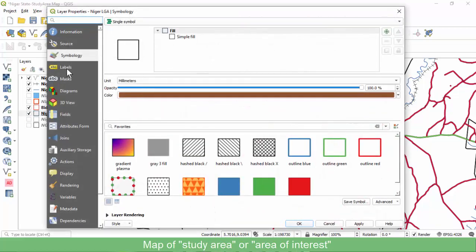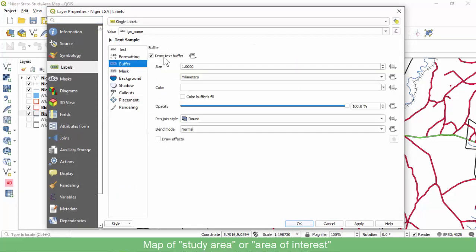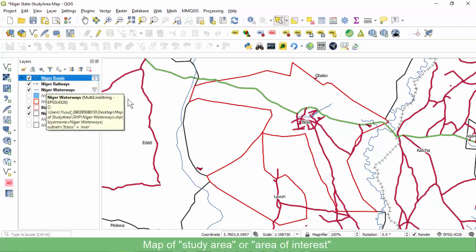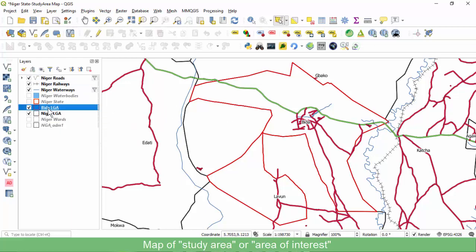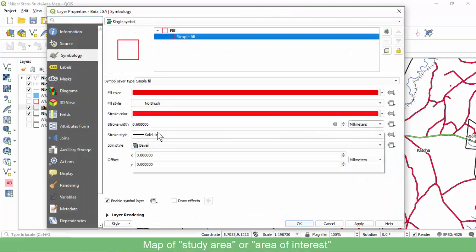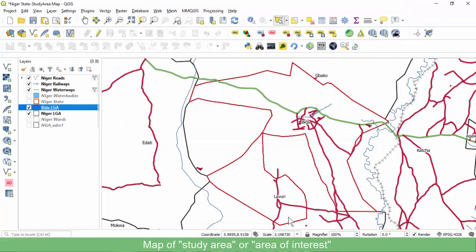Let me name the layer. So I'll just name it and then place the buffer there. So this is Bida. The styling for the roads, if I'm not satisfied with it, I can change it. But I think what I have now is okay. Let me change the line type to dash red dots, so that it will make it stand out a little bit. And then I can save,